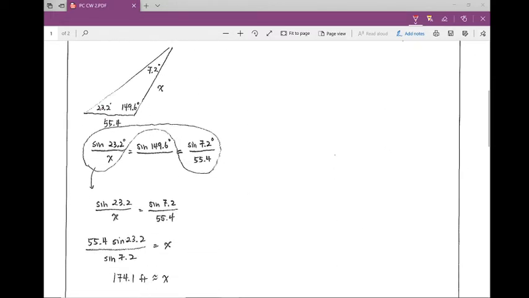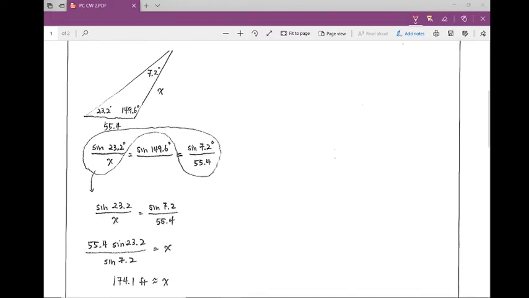So, now that I've determined that this is going to be my x, and I have the corresponding angle, and the known side with now the known angle, I'll be using these two fractions, and I'll be ignoring the middle one because I don't know this side for the corresponding angle, and I don't really need to. So I'm going to take these two fractions, make it into an equation as you see here, cross multiply